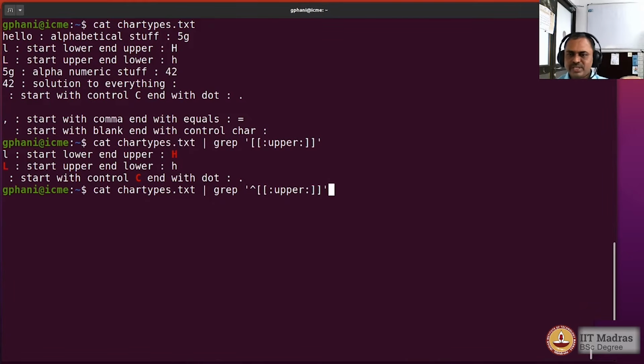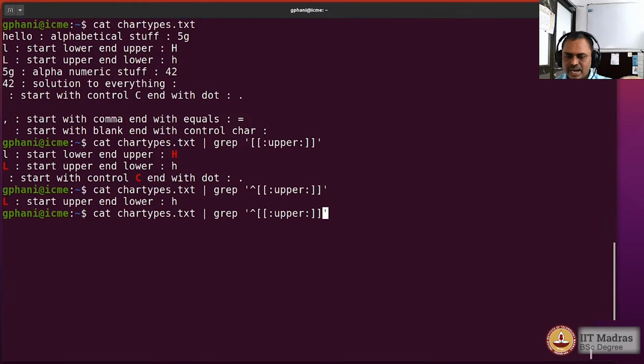So only the ones which start with an uppercase character will be shown. So capital L is getting matched there, and I put a dollar here and remove the hat. So I get a matching where the ending of the line will be a capital letter, that would be the capital H. Okay. So now you see that you could also specify the matching pattern using a character set that